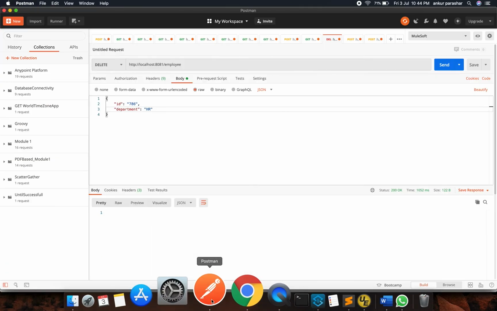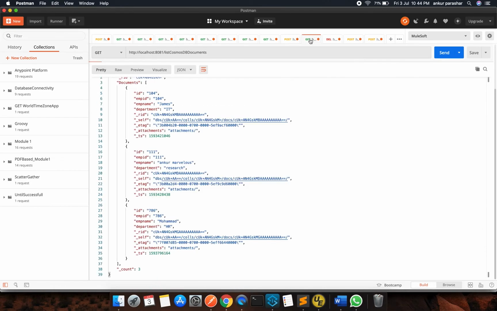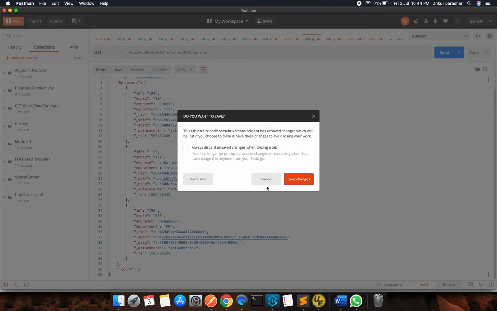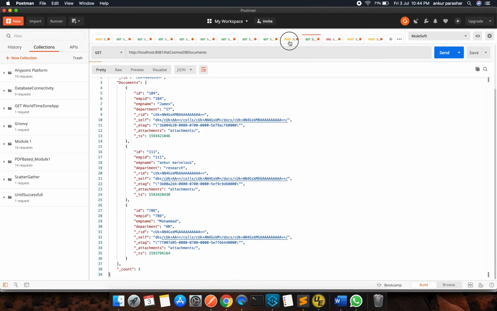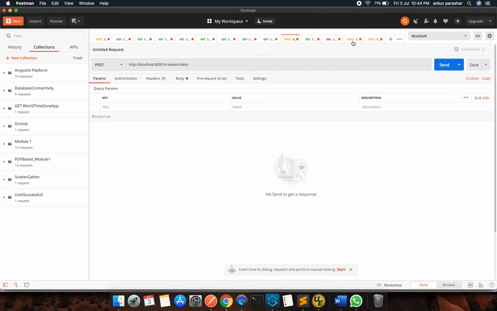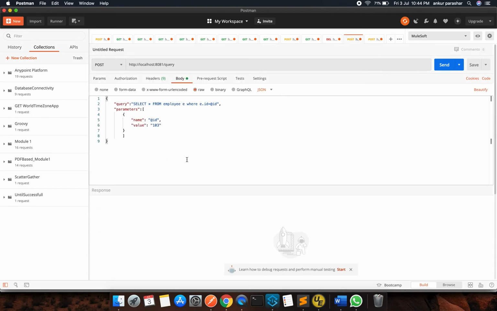So what I will do, I will go to Postman and will look for this is something different. Yeah, query. So this is one of the important format in which we will be using some concept from the SQL